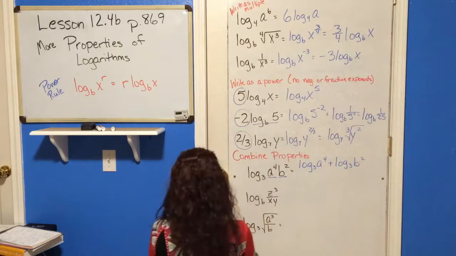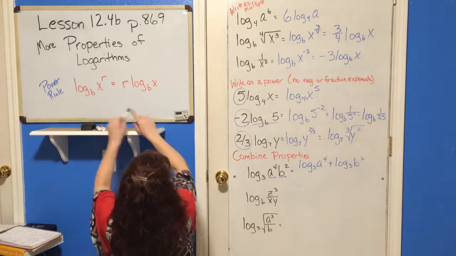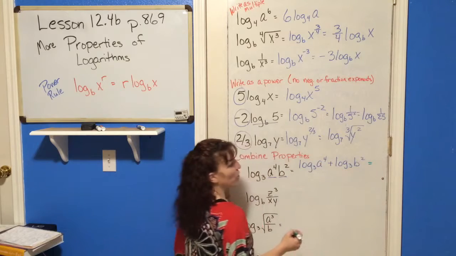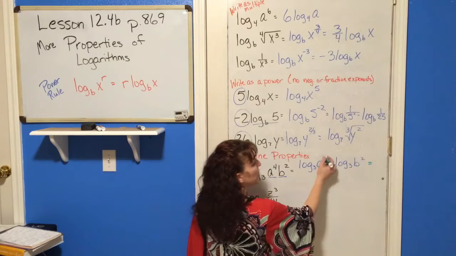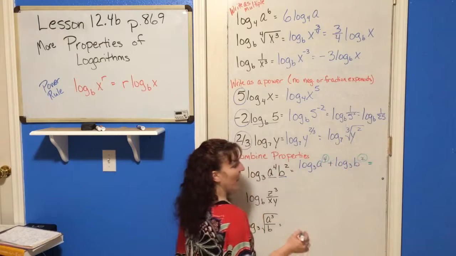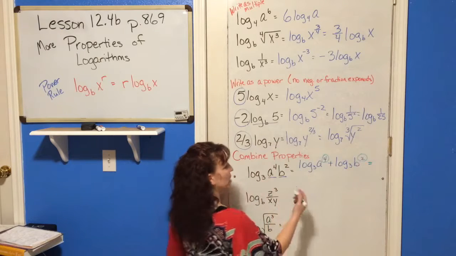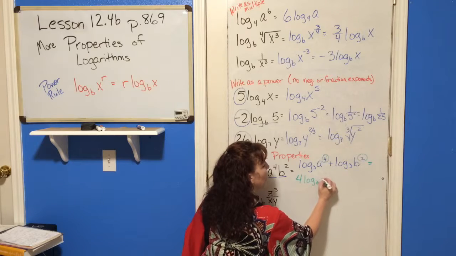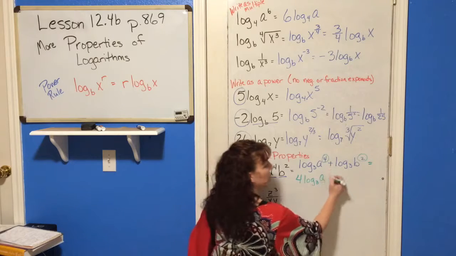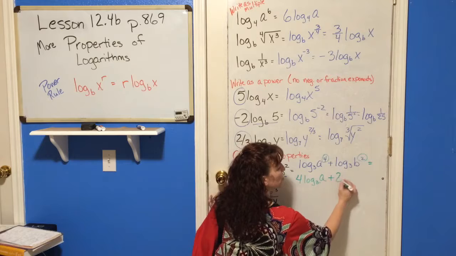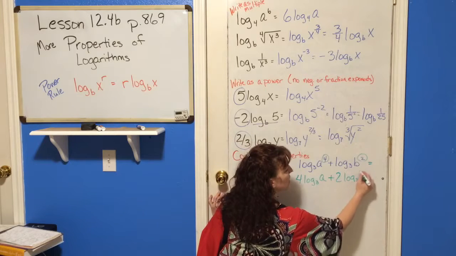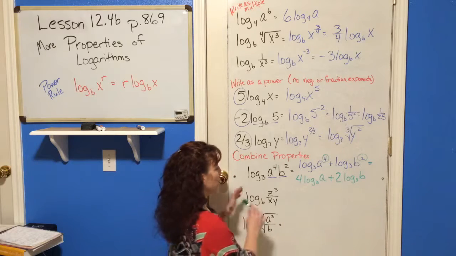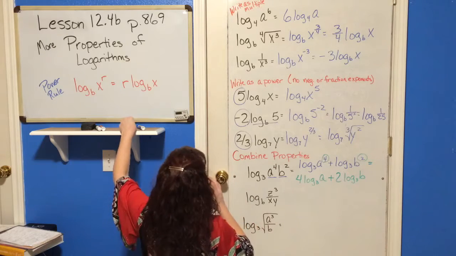All right, so now here's where I'm going to put it in a different color so you can see it. So now we're going to simplify it even further because we have these powers. And the power, remember, is going to come out as a coefficient. So now we have 4 times the log base 3 of a plus 2 times the log base 3 of b. Easy. All right, so the biggest thing with these is going to be to break it down and to look